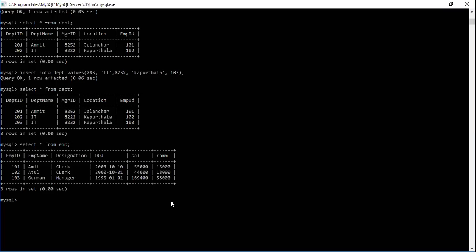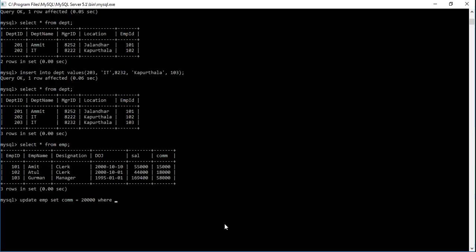So let's do something different. We'll write update EMP, and in update, as I told you, we have to use the set keyword, COMM is equal to 20,000 where